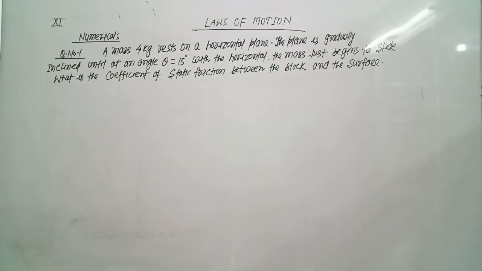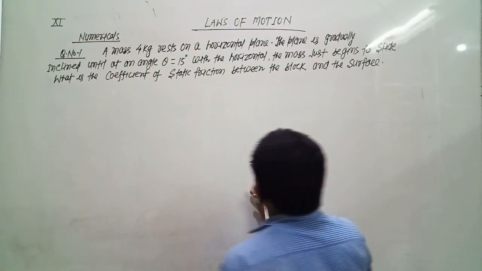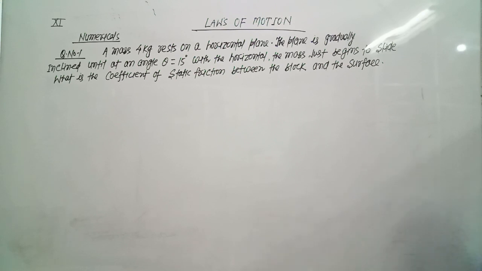In this video, we discuss the numericals based on friction. The question is: a mass of 4 kg rests on a horizontal plane. The plane is gradually inclined until, at an angle theta equal to 15 degrees with the horizontal,